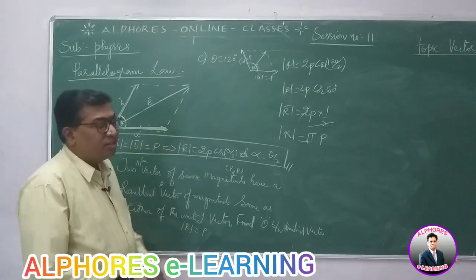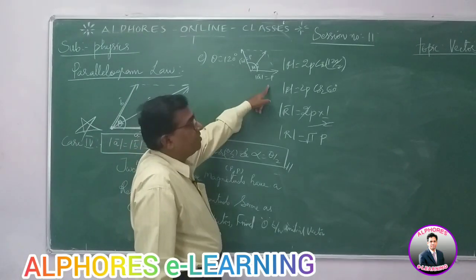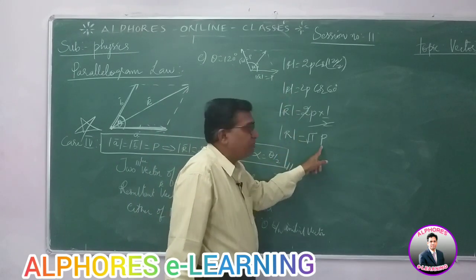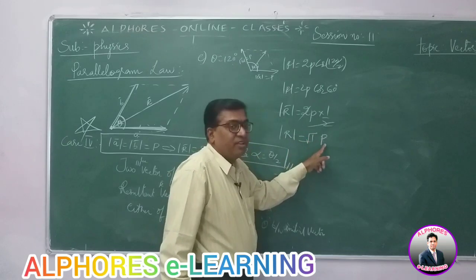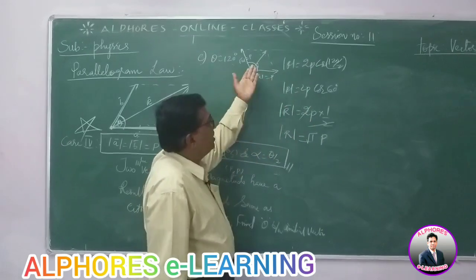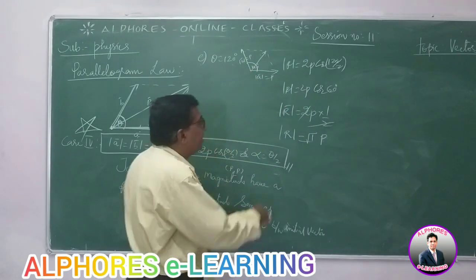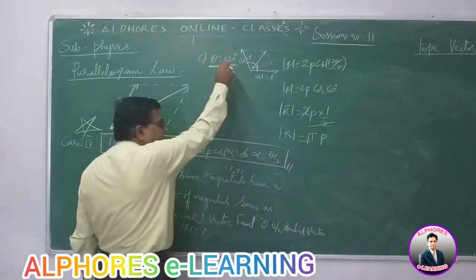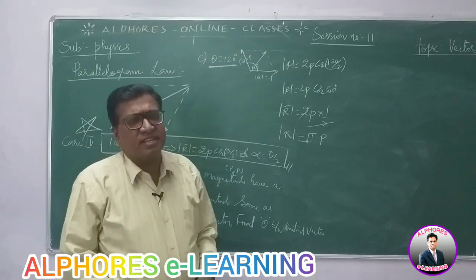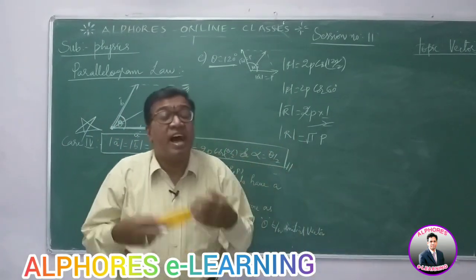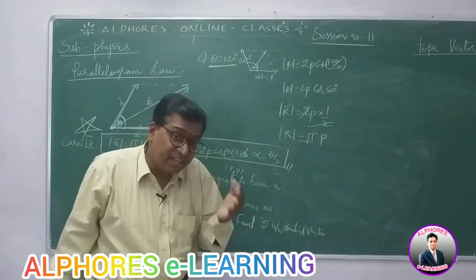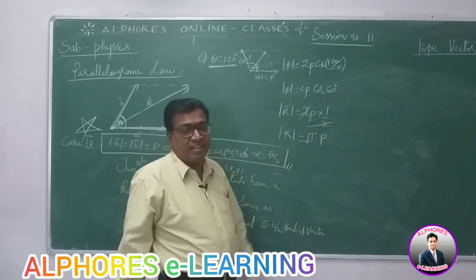Now you see, there are two vectors P and P, same magnitude, right? Then the resultant magnitude is also P. So two vectors of same magnitude have a resultant same as either of the vectors. Then what is the angle between the vectors? The angle between the vectors is 120 degrees. Very beautiful question, very important. This question has occurred in many of the entrance examinations in India again and again, not once. Repeatedly it was asked, and you can even get it again in further entrance examinations.